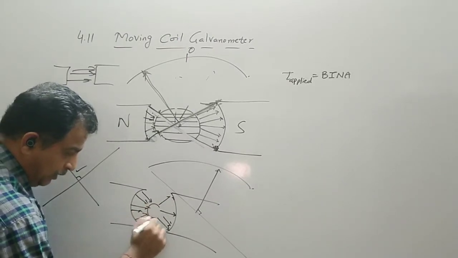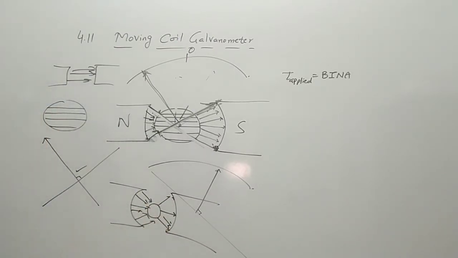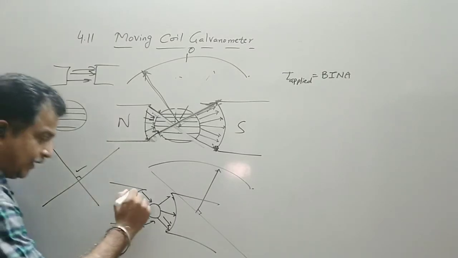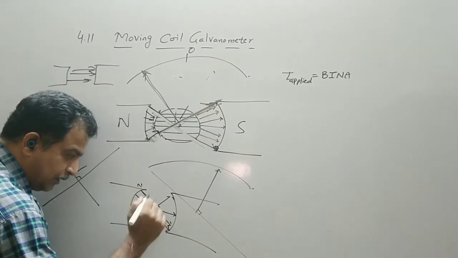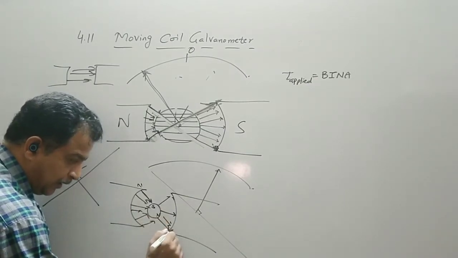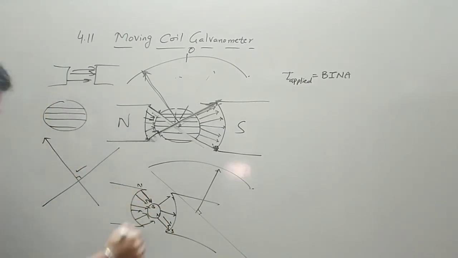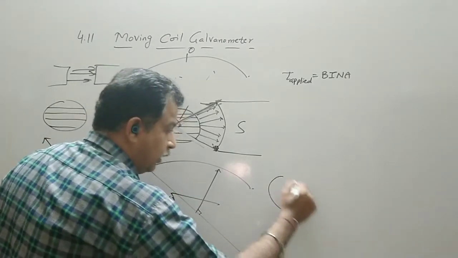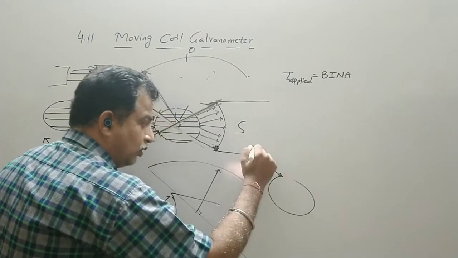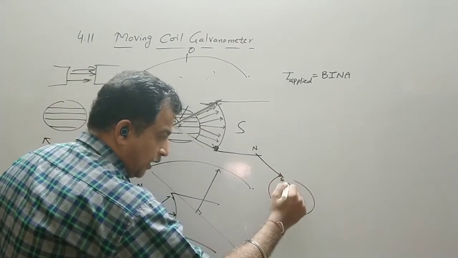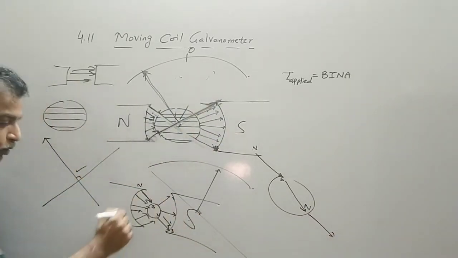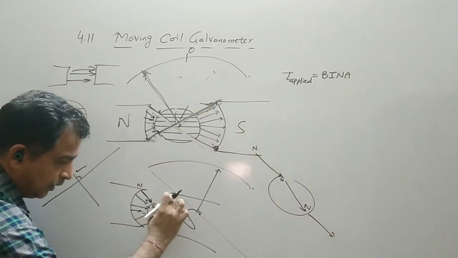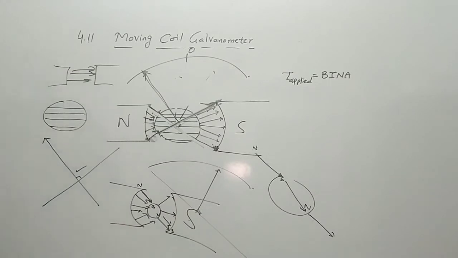In between, we have a core. So it is like this. If I take this as a small dipole, this is north, south, then north, again this is south. So the field lines are completed like this with the help of this core. This is one line. So say this is north, inside this south, then north, and again this is our south pole. So now the small magnetic dipoles are formed.